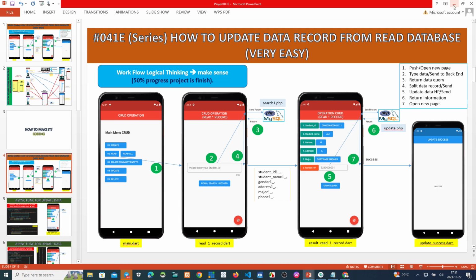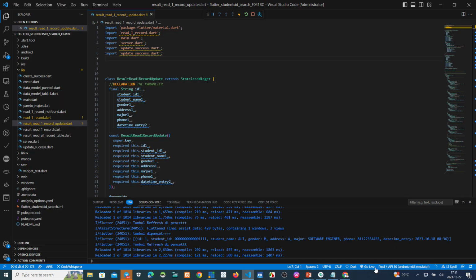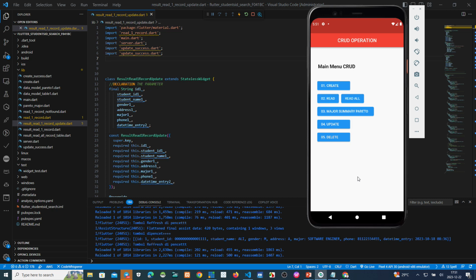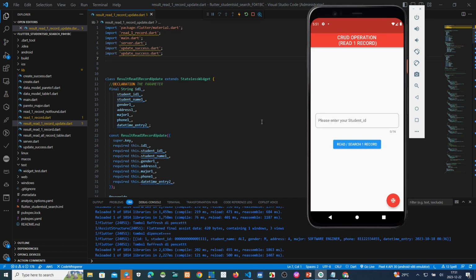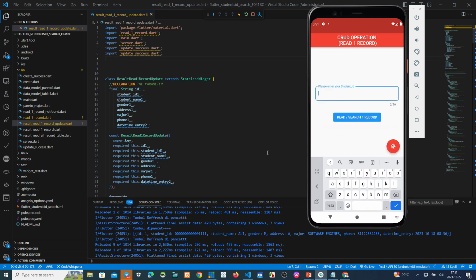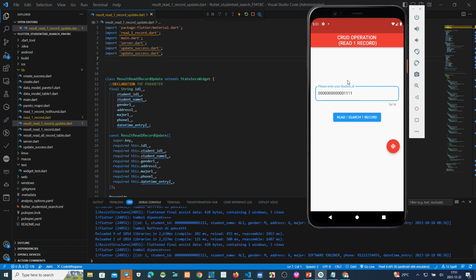Okay, this is my script. This is my virtual device. Okay, if we click here, read, and then we put a student ID like this. Okay, if we put here, click, we can see the result here.